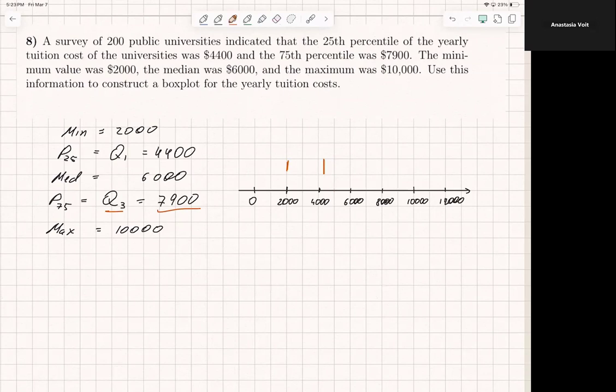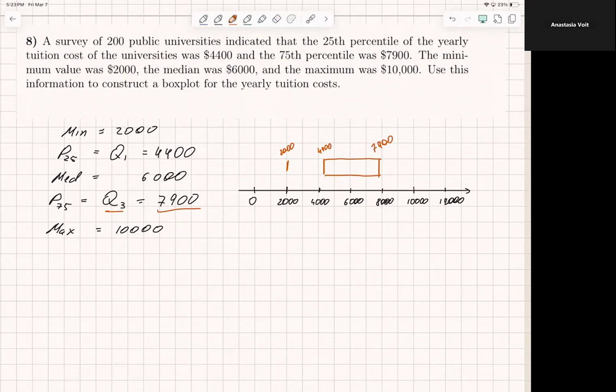Okay, this is 2,000. Now Q3, quartile 3, is 7,900, so it's approximately closer to 8,000, to here. So it's going to be like 100 less than that. So this is where we will mark our box,